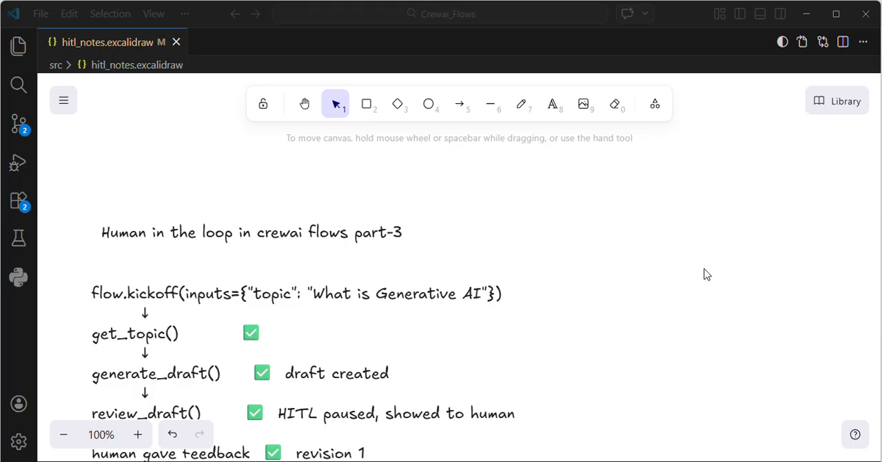Guys, in my previous video, we briefly discussed the looping concept in human in the loop. How can we loop until we get positive feedback from the user? The flow continuously loops itself. So in my previous video, we briefly discussed the looping concept. In this video, we are going to learn about